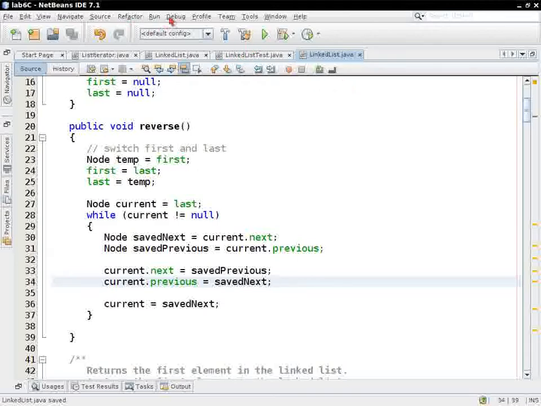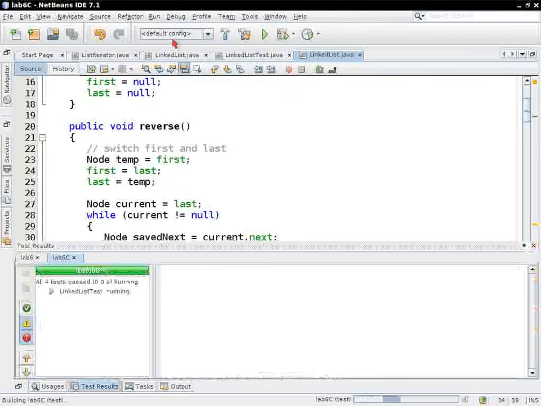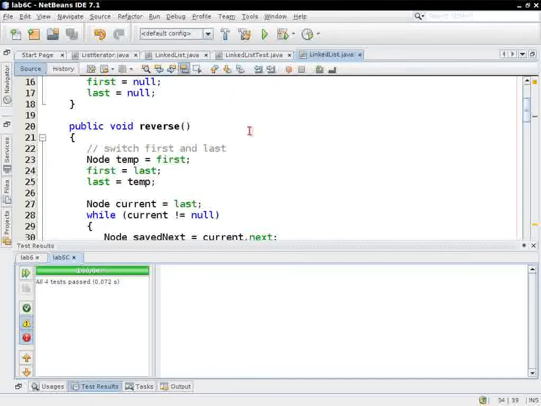All right, well, let's test it. And it worked. Okay, well, that's kind of amazing. So,